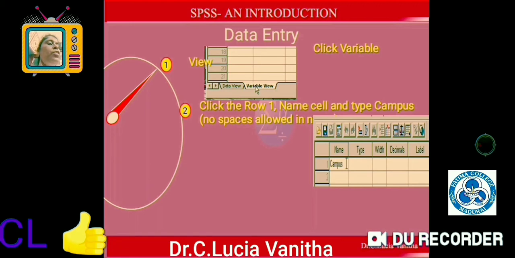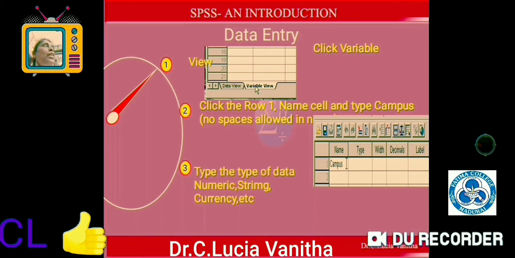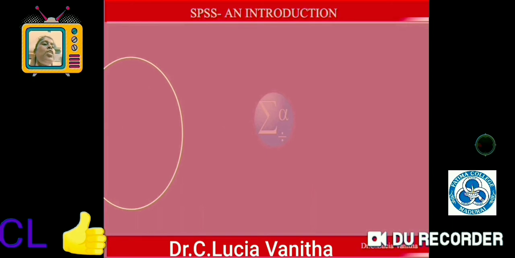Okay, label, you give the detailed one. Am I clear to you? Yes. Then next one is that, as I said already, if it's going to be rupees or scientific notation, you give whatever it is. But normally in our problems we are concerned with numeric and string only. Okay, next also we will see.